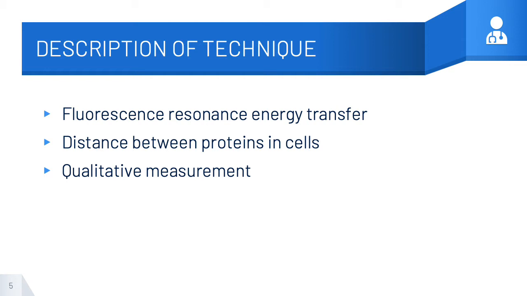FRET is used to measure the distance between proteins or molecules within cells. More specifically, FRET is great for researchers to be able to determine whether proteins are interacting rather than just co-localizing with each other. However, FRET is really only useful in measuring small changes in distance between the donor and acceptor molecules. An analogy that I read on